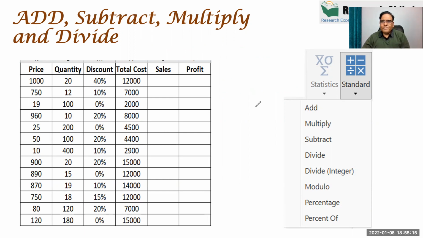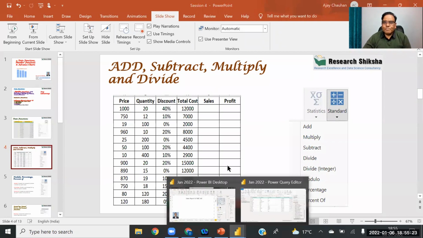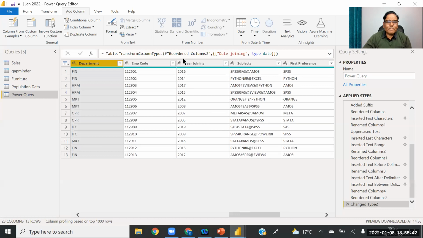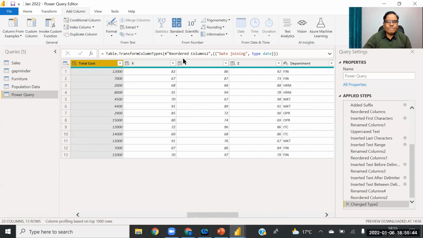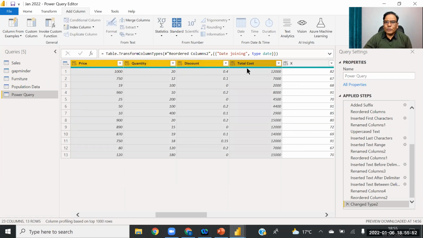Now close the PPT and let's do the Power BI. In Power BI, first of all, I am going to bring the required columns to the last so that we can see the new column very easily. These are the price, quantity, discount, and total cost.